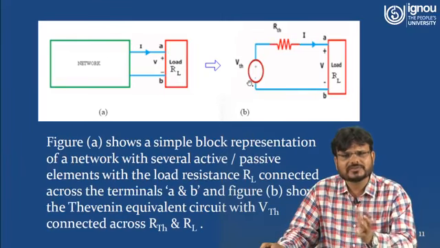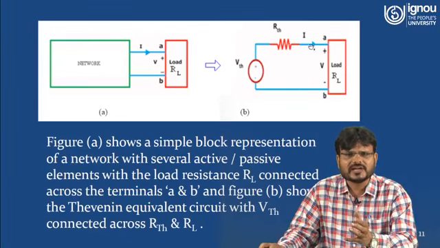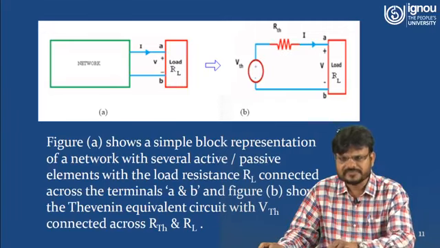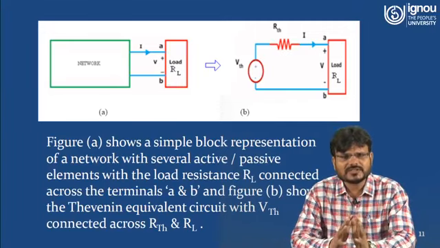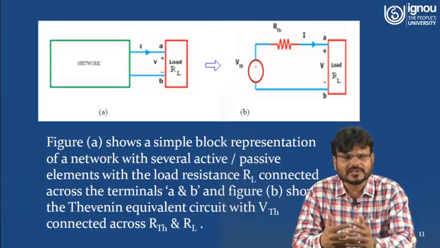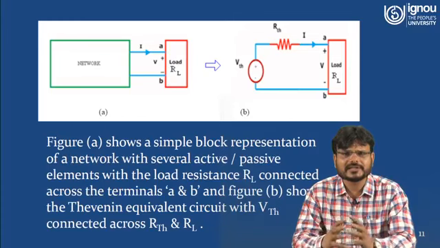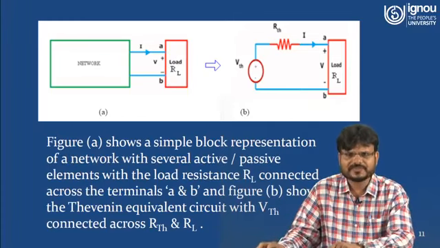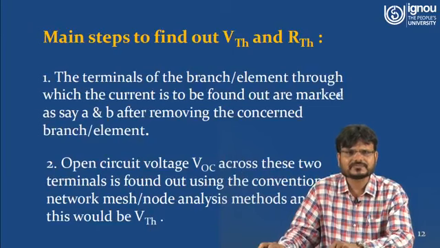And what about the Thevenin resistance you are calculating? Just put it in series with the Thevenin voltage, and then you put the load resistance here. So how can you calculate this current? I is equal to what? VTH upon RTH plus RL. So what is the Thevenin voltage? Thevenin voltage is the open circuit voltage across two terminals, and Thevenin resistance is the equivalent resistance looking from two terminals into a network while all independent energy sources are replaced by their internal resistance.